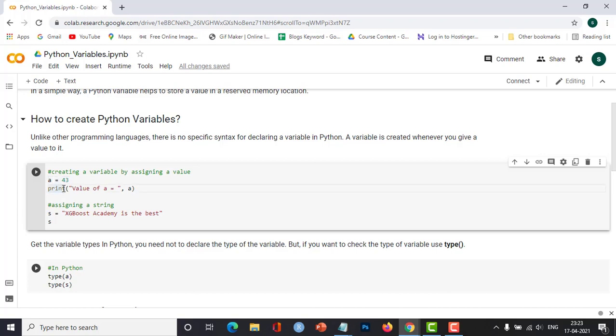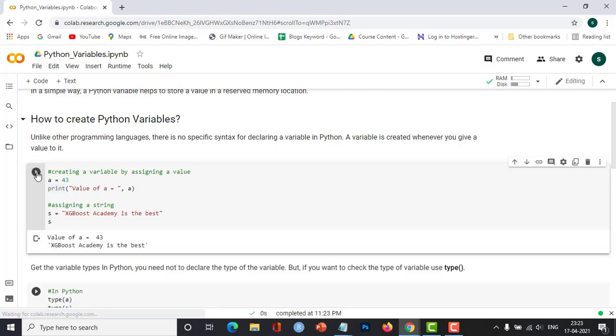So I have printed the value over here. I'll run this first, and then we'll see what is the output. It will just take a while to load. Now see, here is the output. Value of a is 43, so it is printed over here, and then I have assigned a string to a variable s.